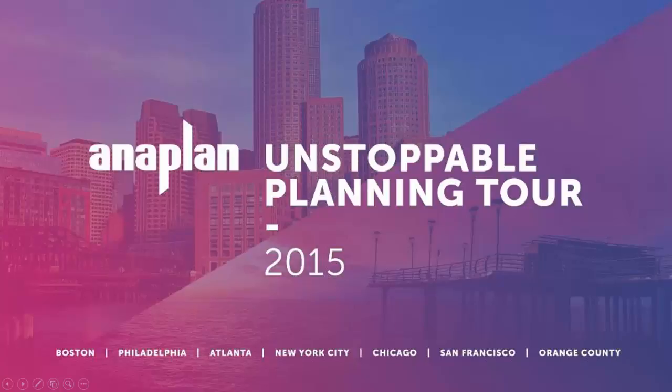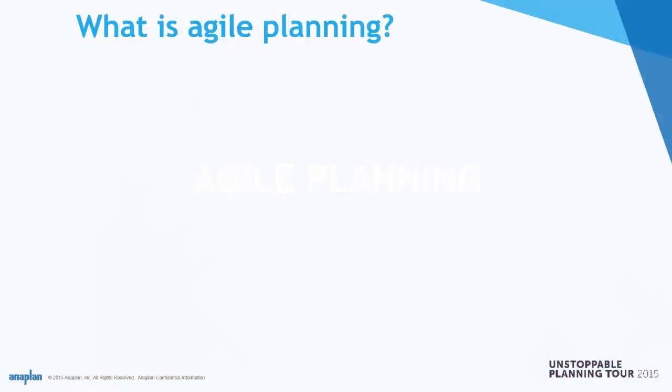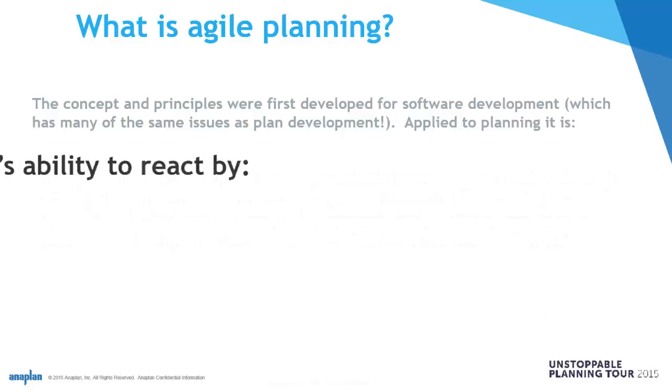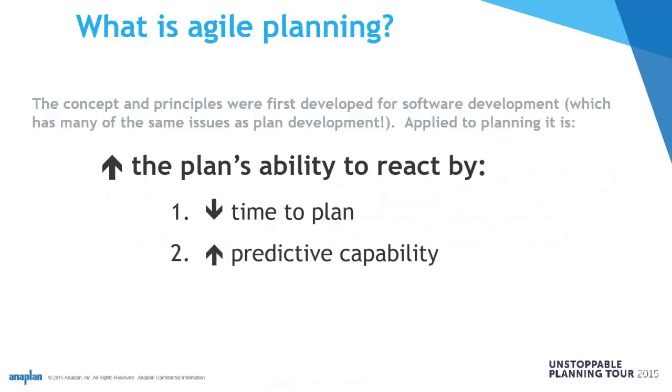This is a quick walkthrough of the changes I've made to the Agile Planning portion of the Unstoppable Planning Tour. Later on, I will re-record a full walkthrough of this presentation. So the feedback we had was, one, we want to make sure that we have references to all content that's now in place. What I've done is simplified the definition in this example to make it easier to explain